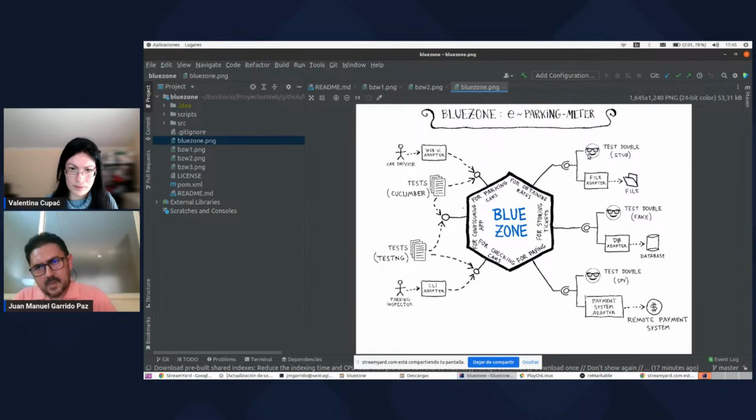For example, a test double doesn't need an adapter because it itself implements the interface. On the other hand, a file needs an adapter that implements the interface and accesses the file. Okay, and in the code, the configurator,